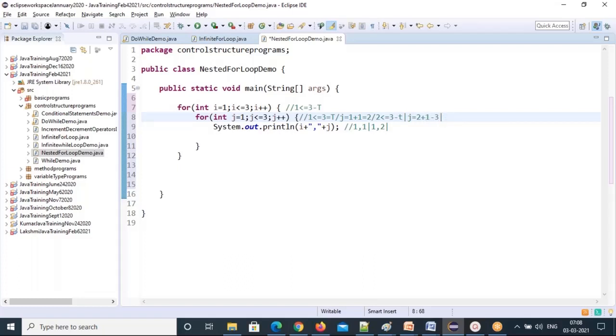So it will check the condition, 3 less than or equal to 3, true, comes inside, i value 1, j value 3. Again it will update here, so j value will be 4, and the condition it will check, 4 less than or equal to 3, false.